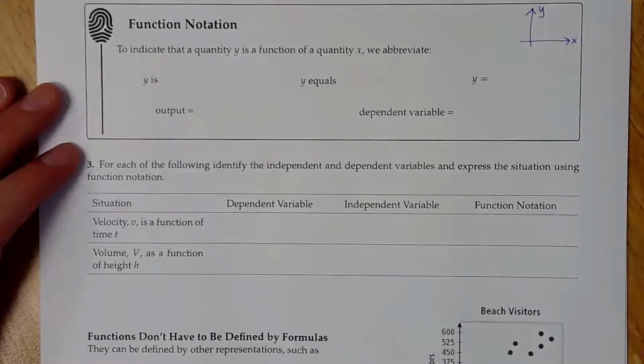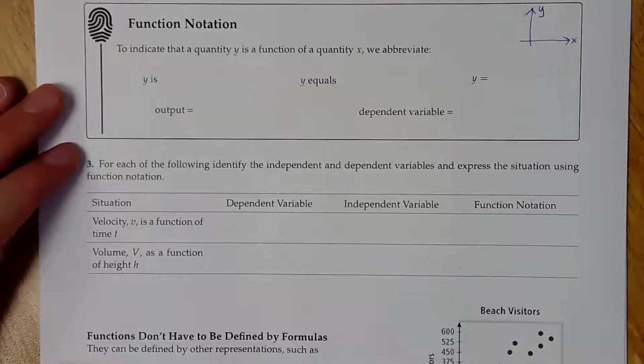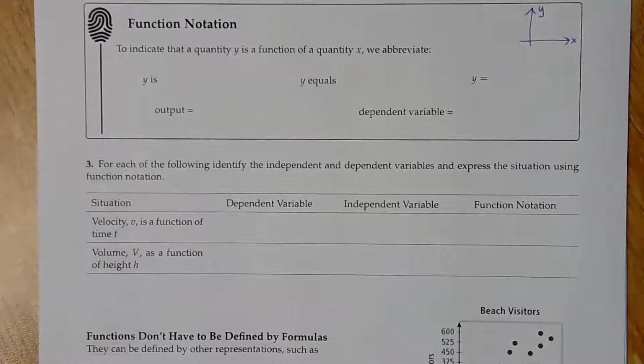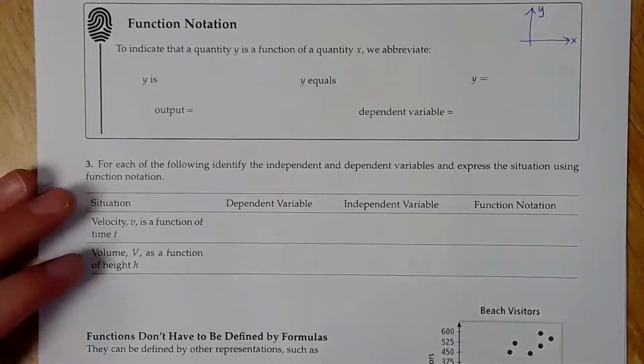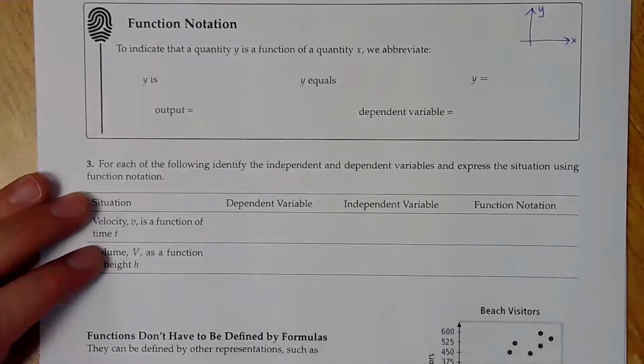Right, so let's look at some of the notation that goes along with functions. So mathematicians use notation so that we can shortcut how we write things, so that we're not writing pages and pages and pages of things to just get an idea across. So let's look at how this notation is going to work and what some of this notation actually